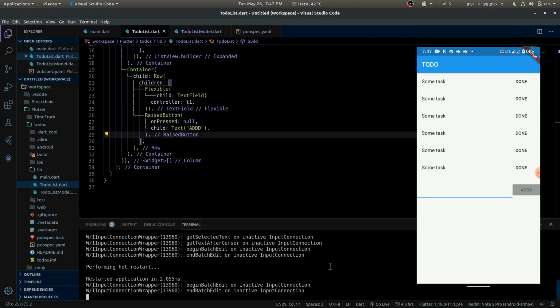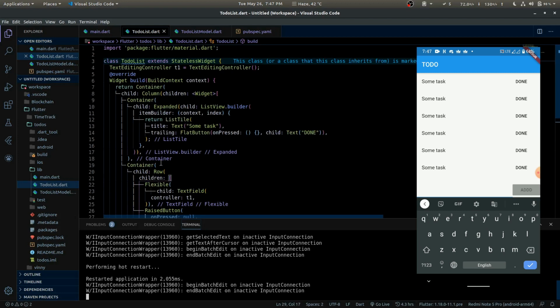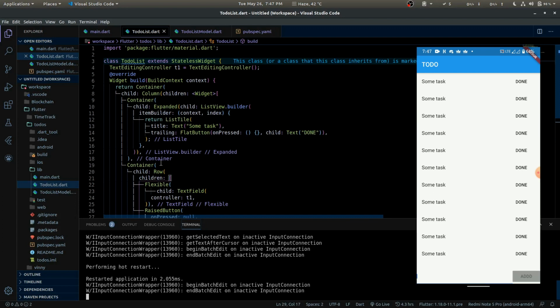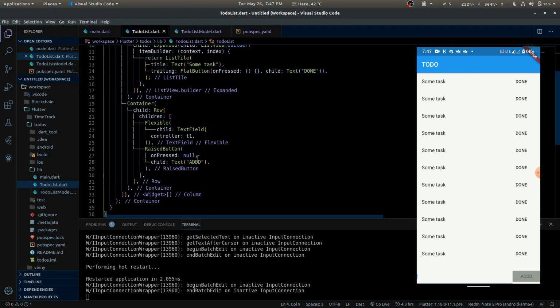For that, you can definitely add some border outline in the decoration property of the text field, but I'm gonna proceed like this. So what I want to do is, this class inherits from, okay, it's asking for it to be final, that's all. Next thing I want to do is, as soon as this raised button is pressed, I wanna